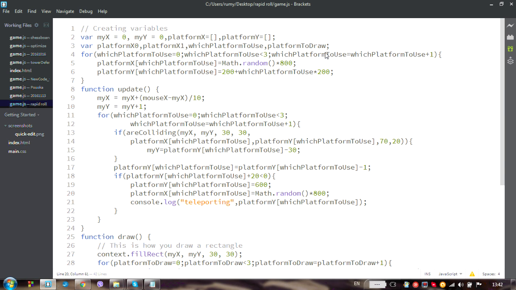Your more interesting task is to actually create a size array. So I will have the platform size, and it's going to be an array. So this is your task now. Use platform size,